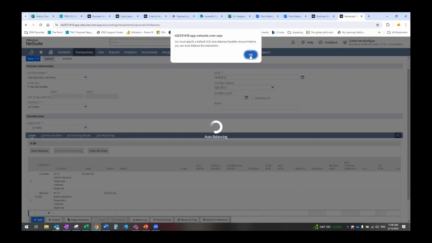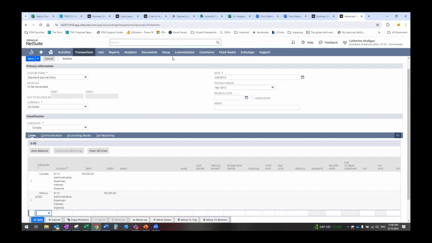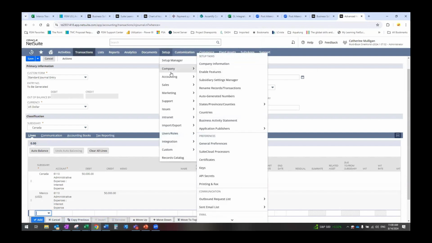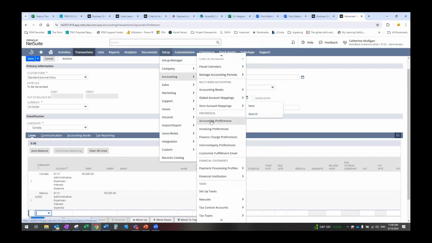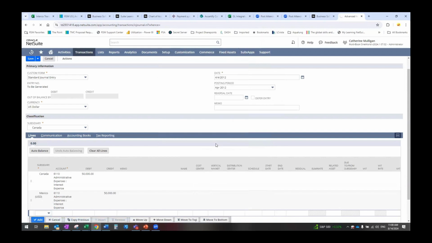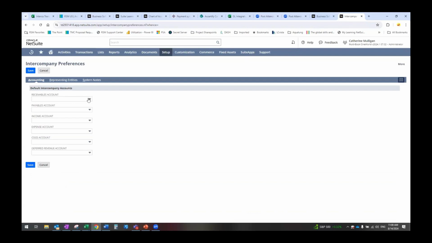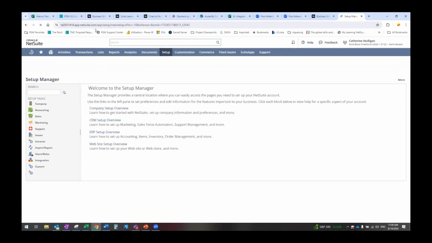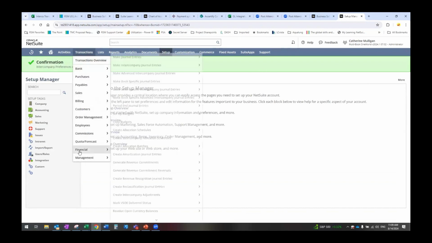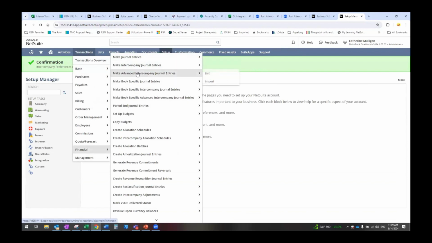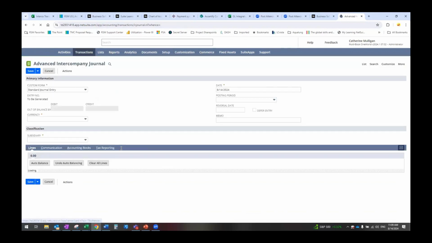No, I don't have a payables account set up. I can fix that really fast. Set up, accounting, intercompany preferences, receivables, intercompany receivables, and the payables, intercompany payables. So that's why you want those set up, because then I can go in transactions, financial, make advanced intercompany journal entries,